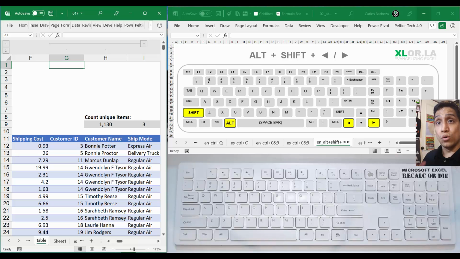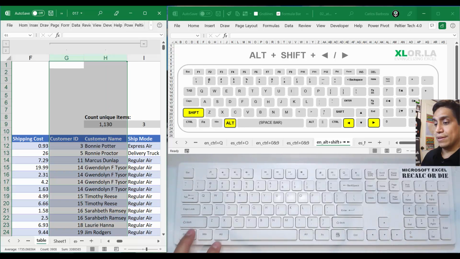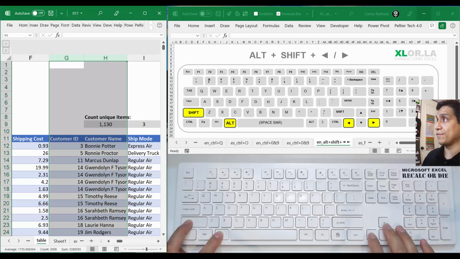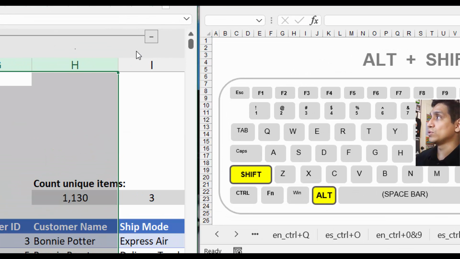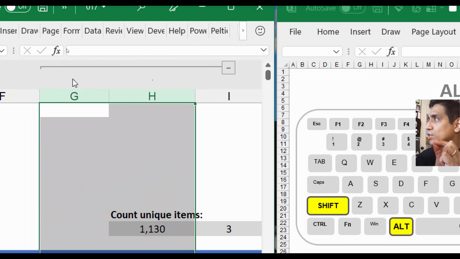But if you wanted to ungroup them by any chance, then you go to that section again, those two columns, okay? Shift Alt, left arrow, sorry. And you ungroup them, okay? So grouping with the right arrow, ungrouping with the left arrow, okay? Grouping, ungrouping. Now I wish those two small dots could be a bit bigger,